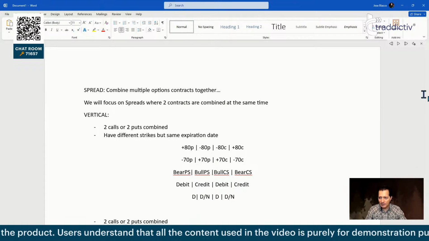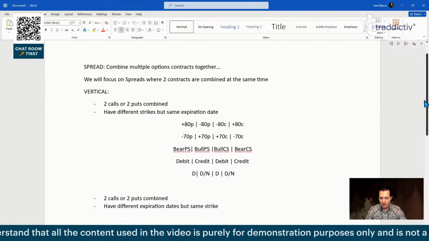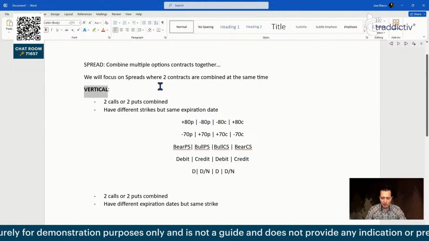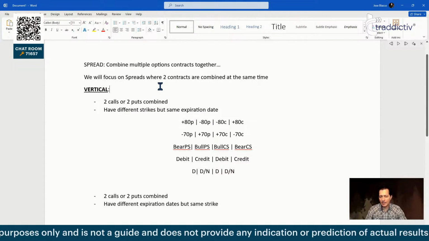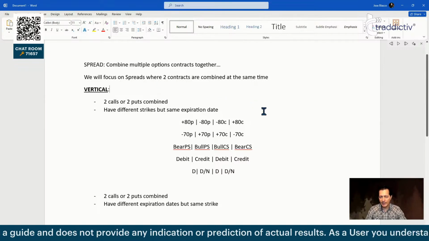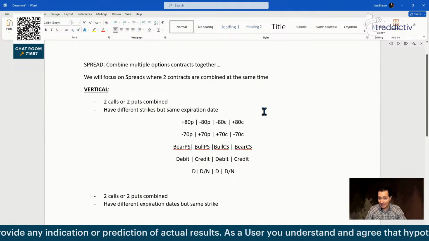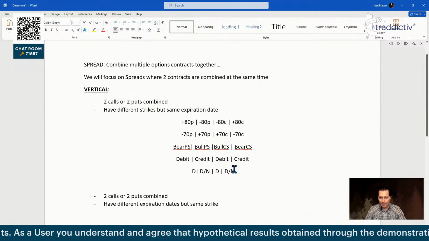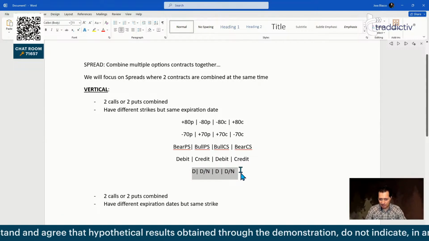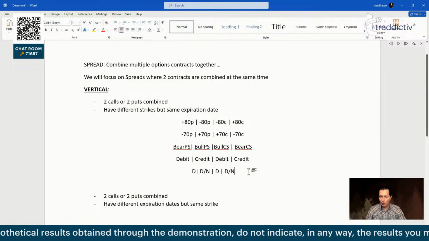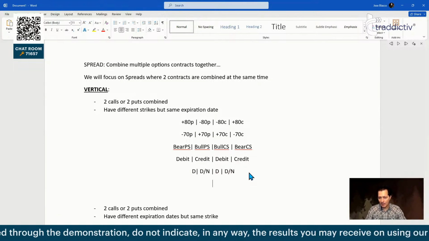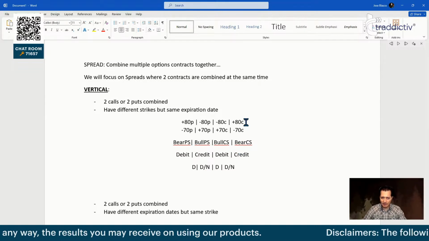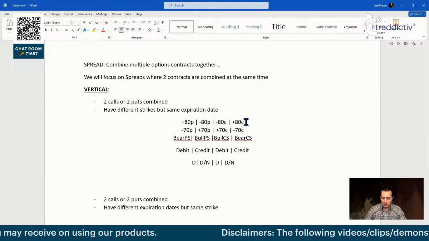Okay, so we have all these various combinations that allow us, with the vertical spreads, to be either directional or directional neutral, and it's done by combining two options, two different strikes, same expiration date. That's a vertical spread. Now, within being directional or neutral, you could end up, let me make a bit more space on the screen. I need more space.